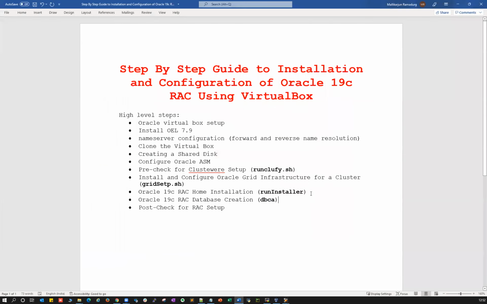Probably I can add one more step. After this one, we're going to create disk groups, plus DATA and plus RECO, for my database installation. That can be done using ASMCA, ASM Configuration Assistant.